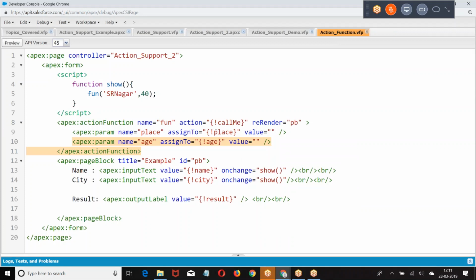Now, what was the requirement? Before you run the method callMe, first assign the value of place, assign the value of age, then you call the method callMe. When you say apex param, before you run the method callMe, assign the value of place, assign the value of age, then you call the method callMe.